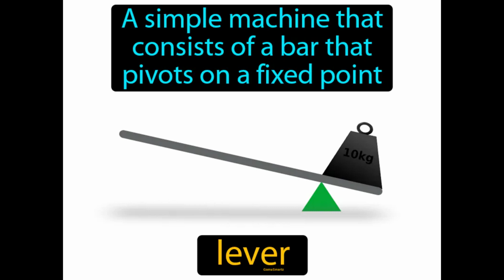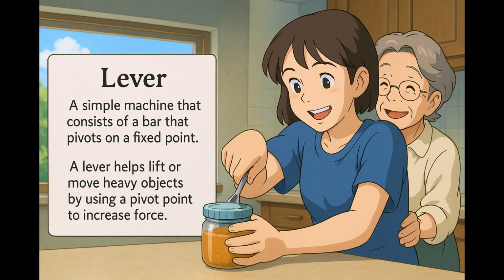A simple machine that consists of a bar that pivots on a fixed point. Lever. A lever helps lift or move heavy objects by using a pivot point to increase force. Imagine trying to open a stubborn jar lid that just won't budge. Much like how you might use a spoon to pry open the lid by leveraging the edge of the jar,